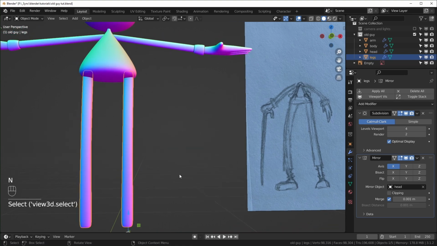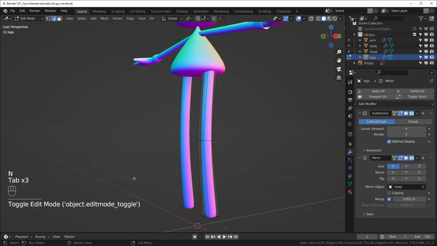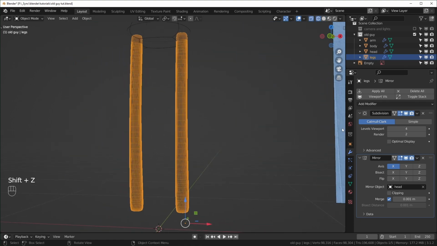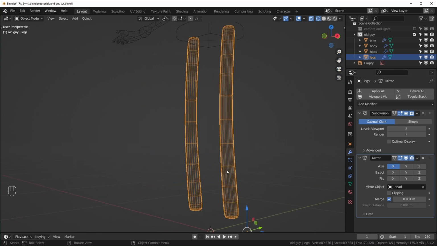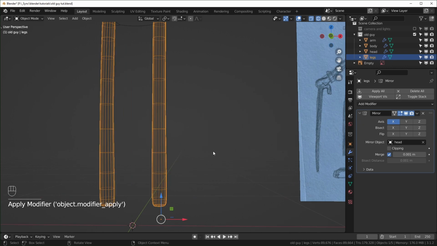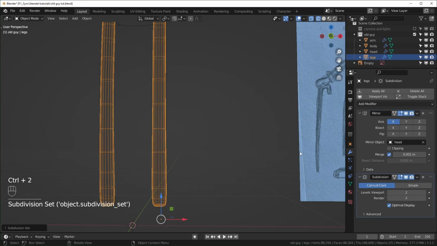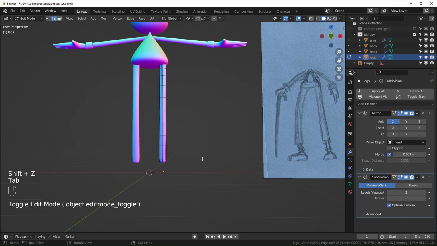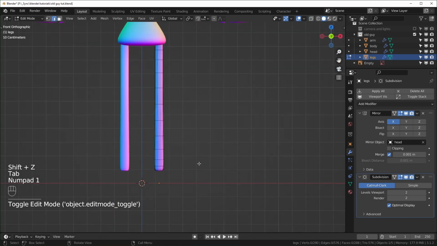I just want to apply some of the subdivision surface modifier because right now we only have this to work with. And I want a little more detail. So let's turn off optimal display, go into wireframe, and I'll just turn down these levels until it looks like enough detail. We'll apply that, and then I'll add another one on top with Control 2, just so it smooths out afterward. Now we should be able to go into edit mode,